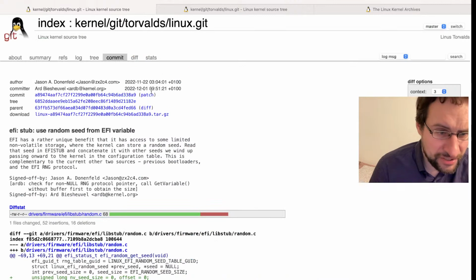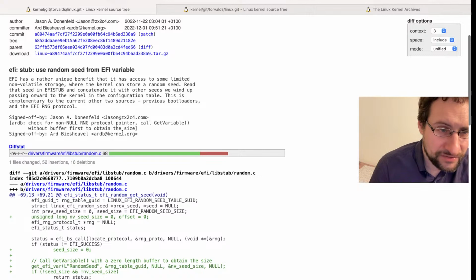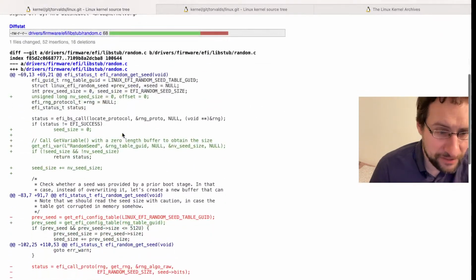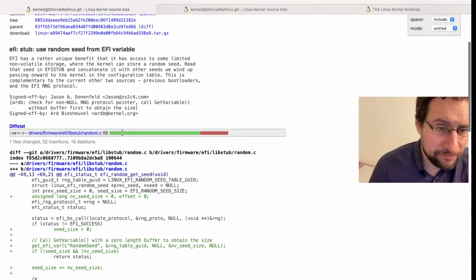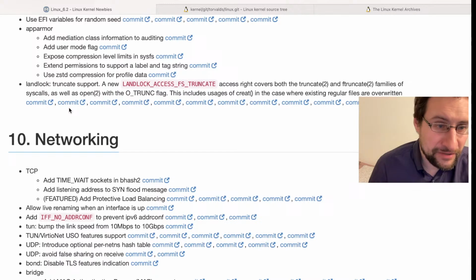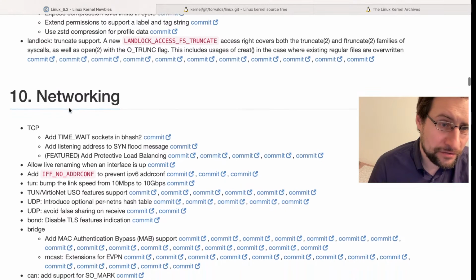So somehow you can then store random state, which is like complexity in 2023. I guess it is for saving random seed on shutdown, but I'm speculating here. What people implement, yeah, RNG protocol. Usually we save this in the file system, but 2023 saves this in EFI variables. AppArmor, Landlock, truncate support,